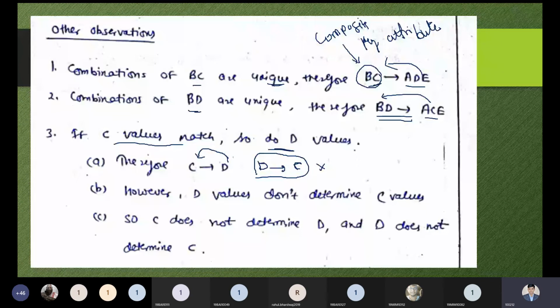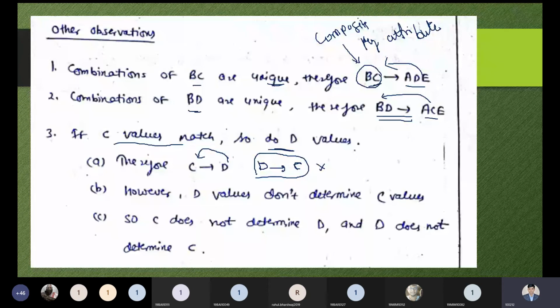Faculty depends on the course, what the faculty is offering. Then students depend on two important entities, course and faculty. So it depends on the real situation. We need to find that if we are determining something, the reverse part will not be applicable in a simple way. Like here, I told you C determines D, meaning D is an attribute which depends on C. The reverse part will not be applicable here.